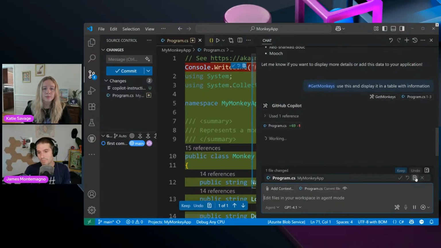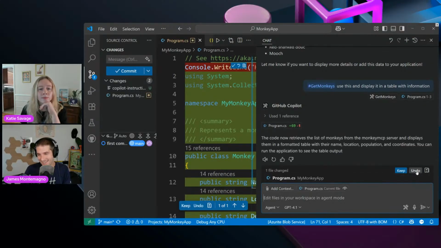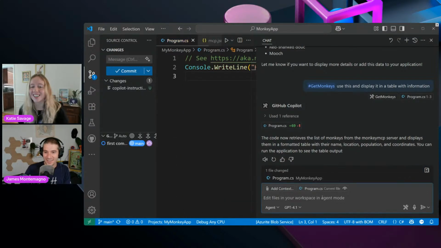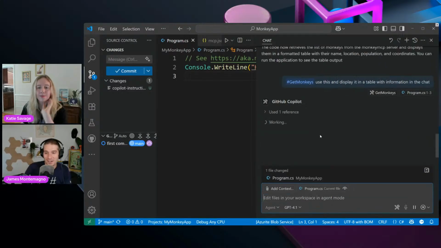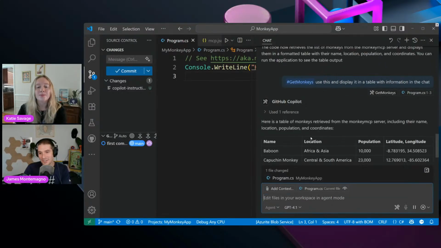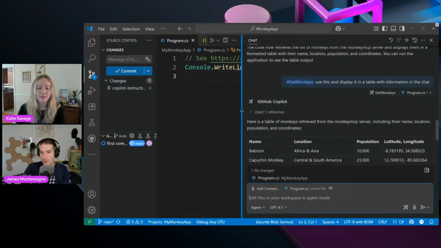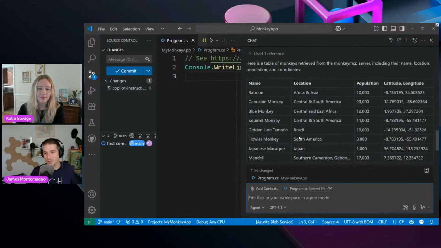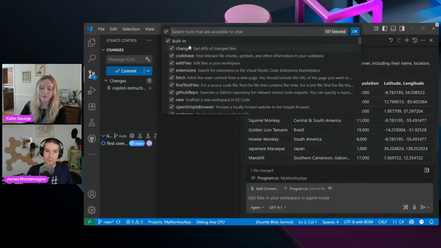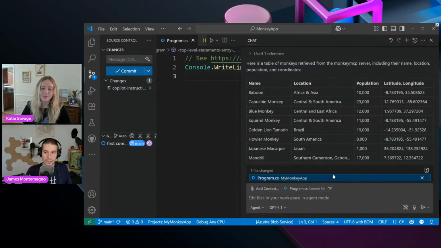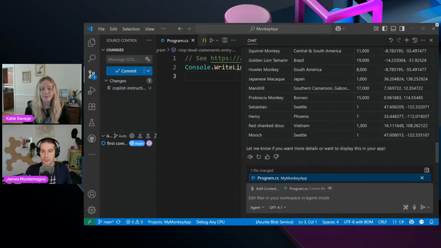Oh, it actually decided to code for me. I gotta undo that again. It's too eager. It really wants to code in the chat. There we go. It's very eager. They have been changed. Perfect. I am in agent mode, so it is trying to do the things that I want it to do. Now I could change this. I could have just disabled code chatting inside of it in general. So there's that. Then I could ask it a question.